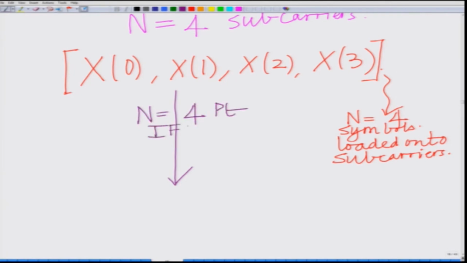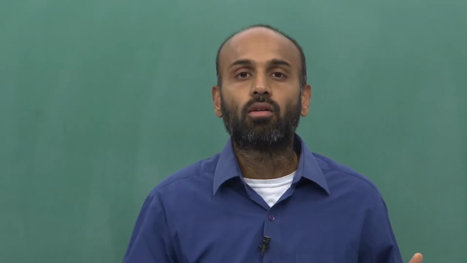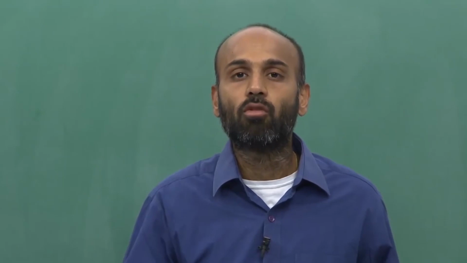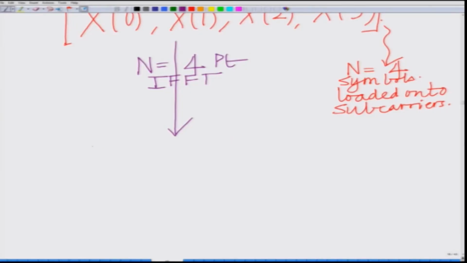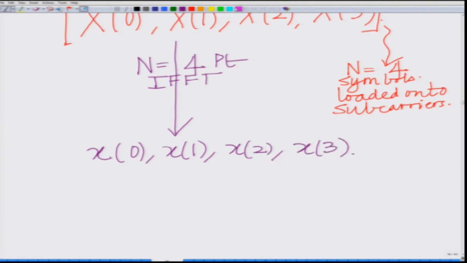which means that we are looking at the n equal to 4 point IFFT, the inverse fast Fourier transform of these to generate the samples. So, we are loading capital X0, capital X1, capital X2, capital X3 onto the subcarriers, and we are taking the n point or 4 point IFFT to generate the samples, and the samples are basically your small x0, x1, x2, x3, where these are the samples in time domain which are actually transmitted over the channel,